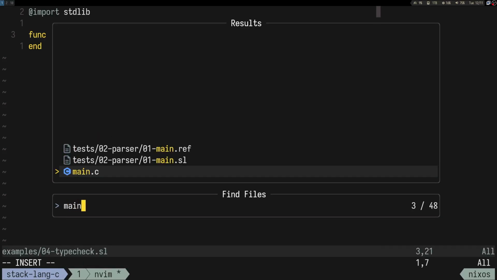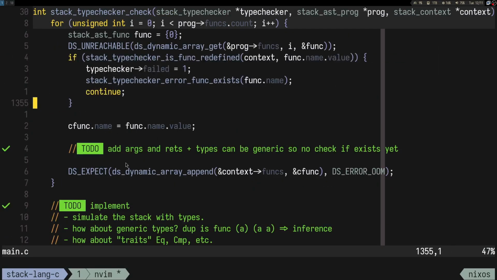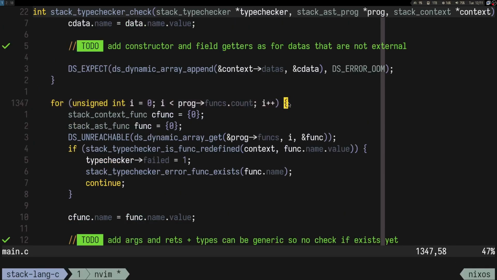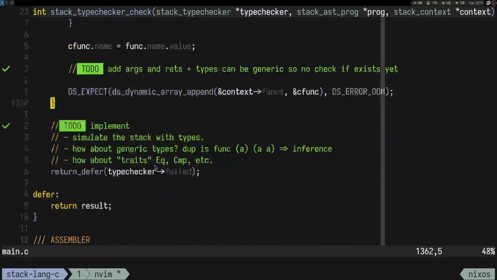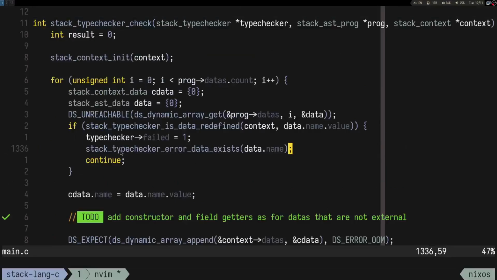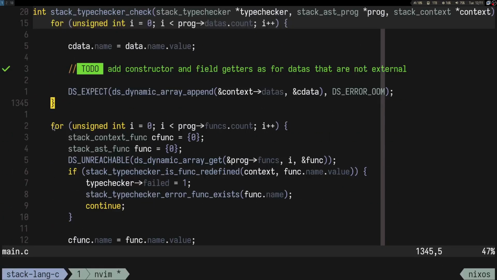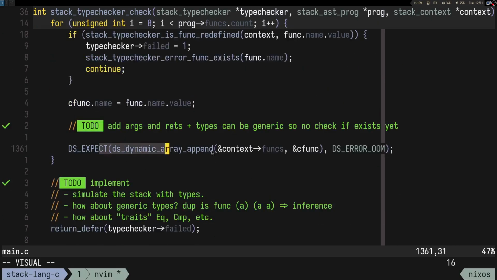So let's go to main.c. All right, so here we go through all the functions, right? And we define them. So as I said, these are the define steps. So we define all the data types, then we define all the functions in our context. Add arguments and return types. So I think